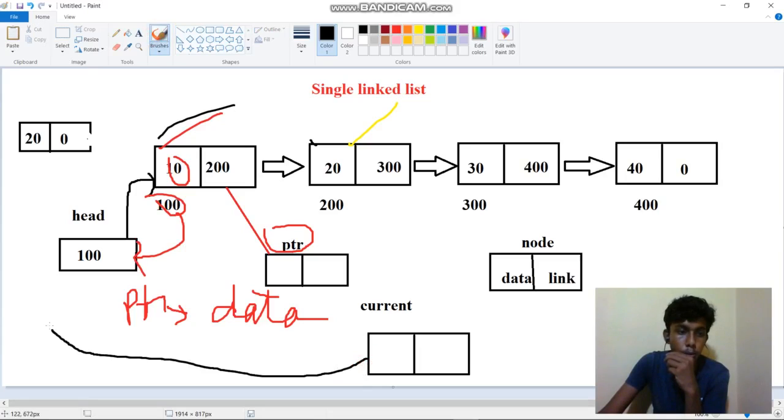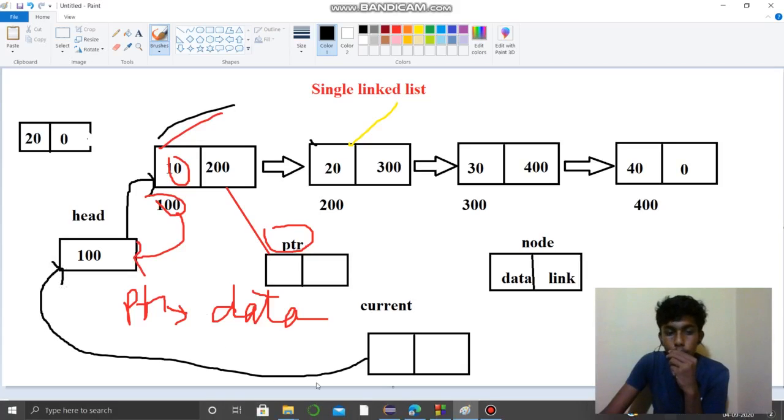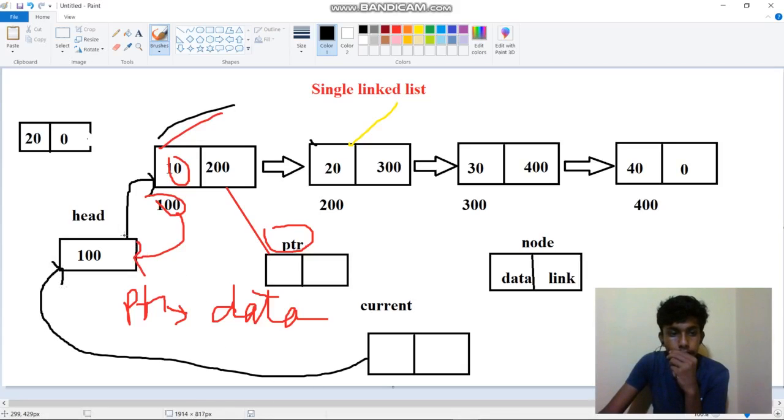This will also point to head. So the head has the starting address, and the current also has the starting address. Through this, current can also access the first element.